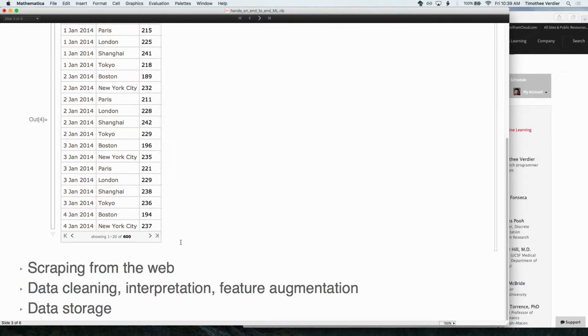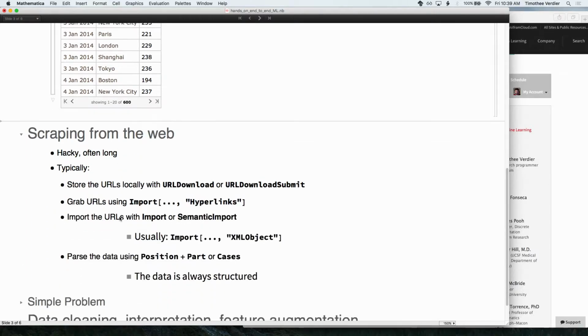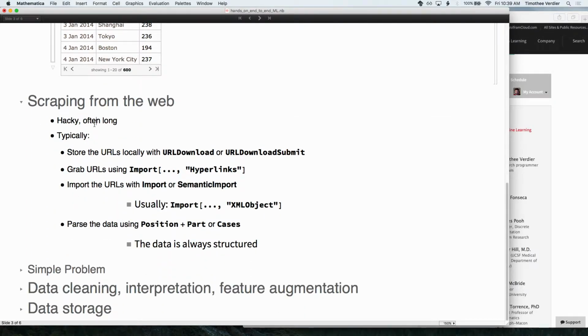Spreadsheet, pretty easy to get the data. But sometimes you might want to have some more off-road way, such as scraping from the web. It's pretty classic that you have data that is on some website, on some somewhat structured way, and you want to extract this. And this is a very hacky world. So we won't go into a full example, but